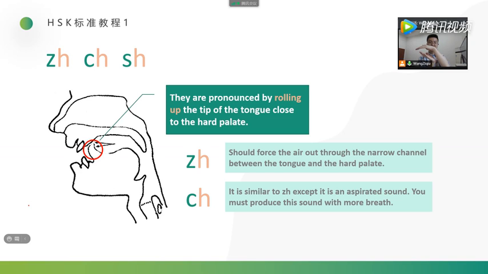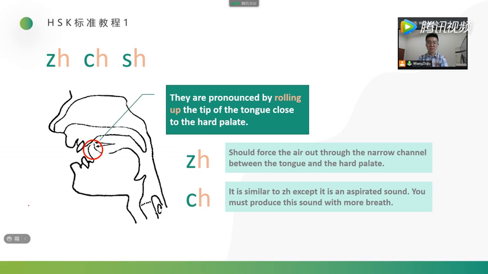Then suddenly open it, let the airflow rush out from your mouth between the hard palate and the tip of your tongue. The airflow rushes out from your mouth more smoothly than 知。